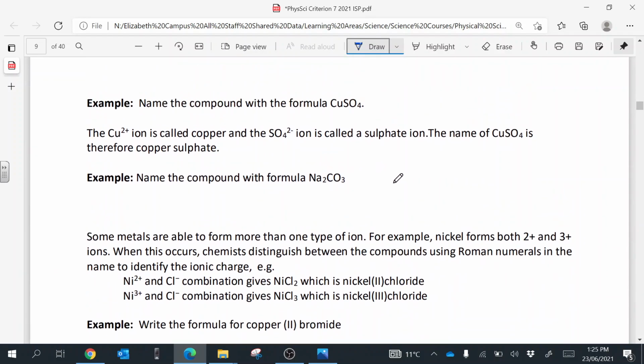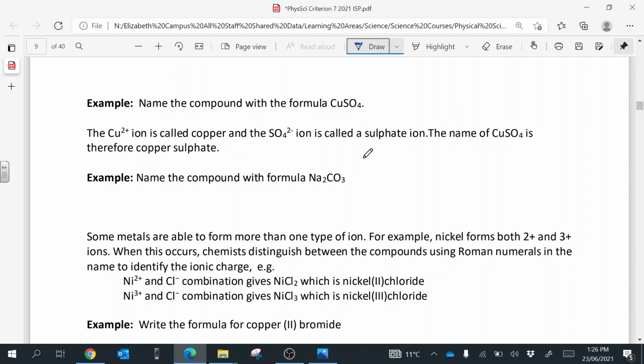Example. So, name the compound with the formula CuSO4. The Cu2+ ion is called copper, and the SO4 2- ion is called a sulfate ion. The name of the CuSO4 is therefore copper sulfate, so pretty simple. Name the compound with the formula